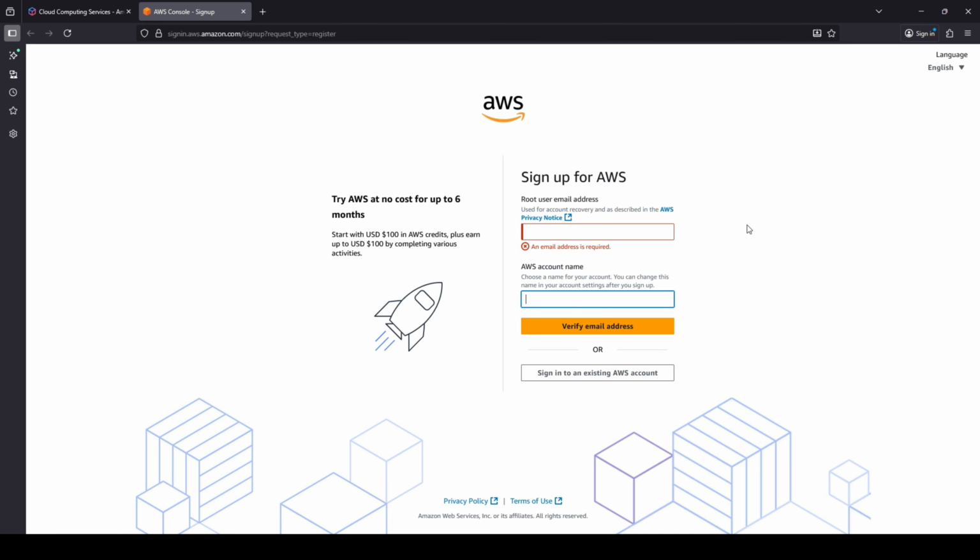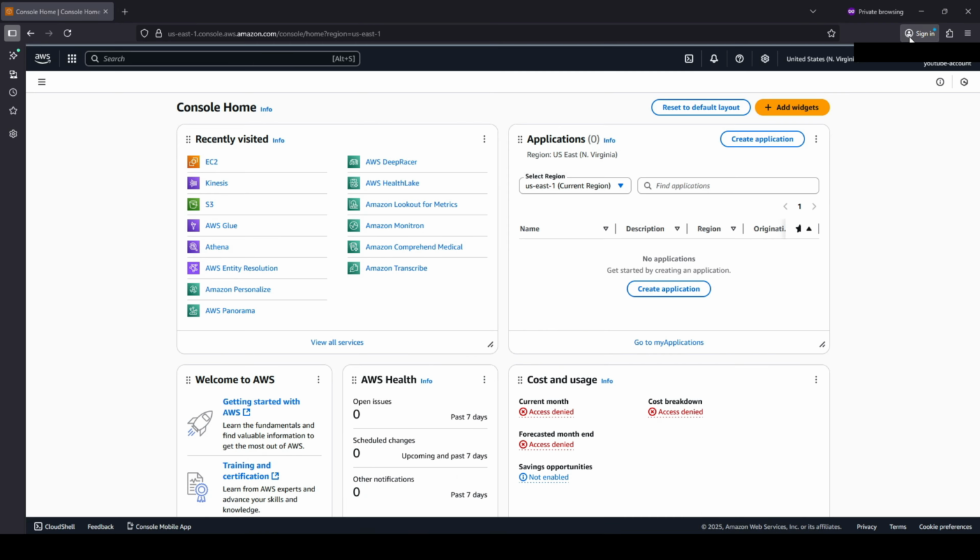You would need a card that you have to add on file for AWS. So make sure you do have that handy. If you do not have a card, then you really will not be able to go ahead and complete the sign up. Once you guys are signed up, you will be logged into a page like this that is called